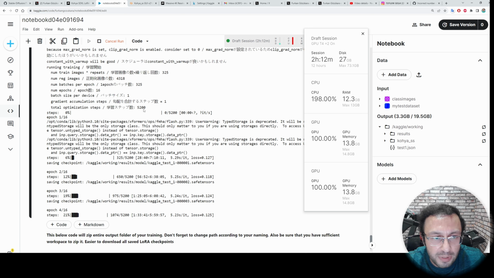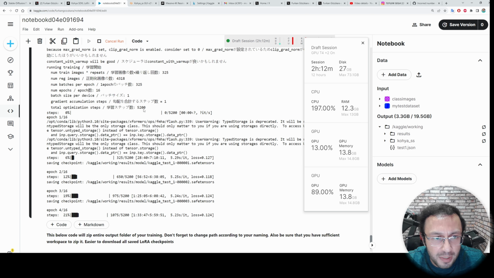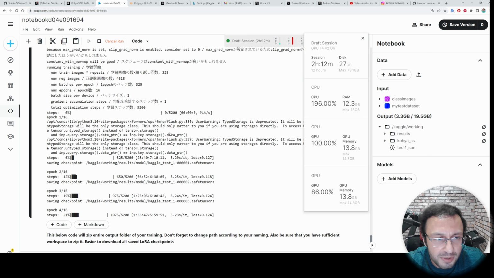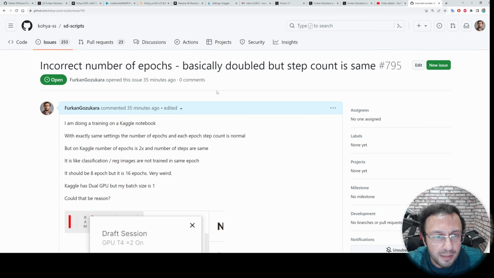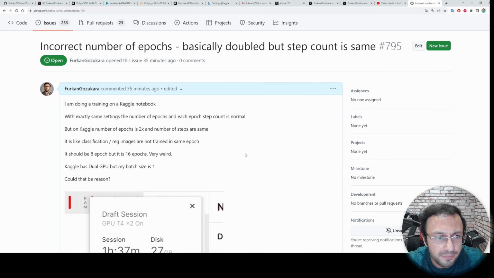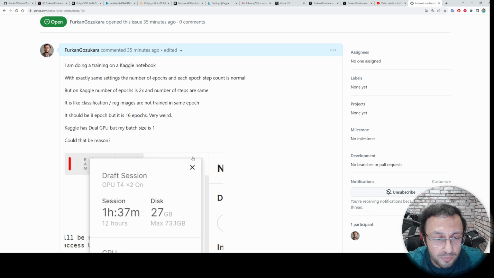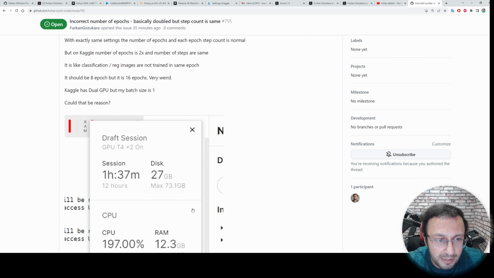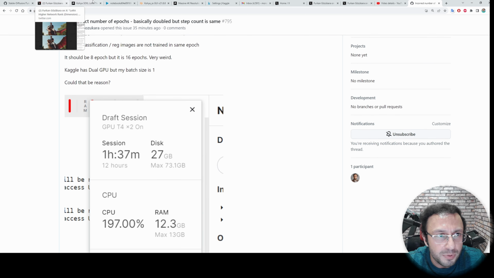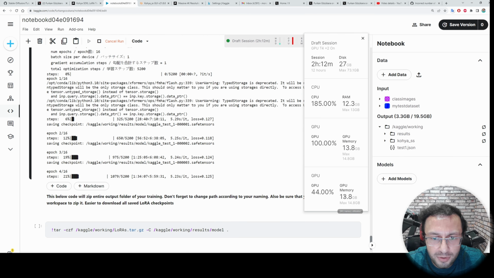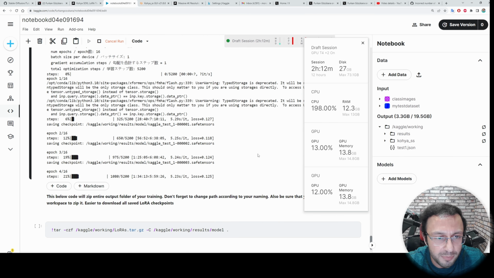So this is equal to 8 epochs, 25 repeats and 13 training images with classification images. I asked this on Kohya to verify whether this is because of dual GPU or another bug, but I am pretty confident that this is because 2 GPUs are being used right now.